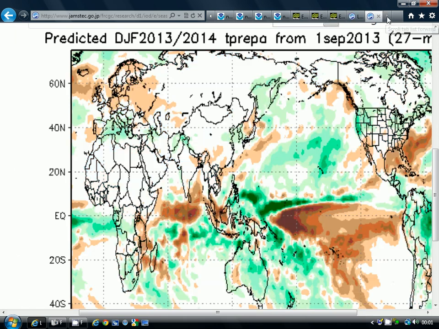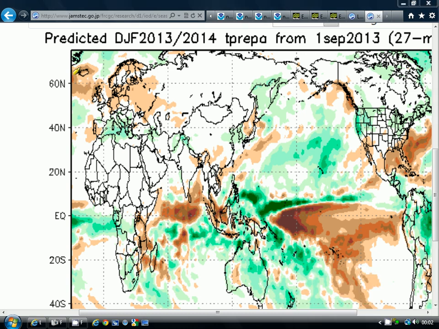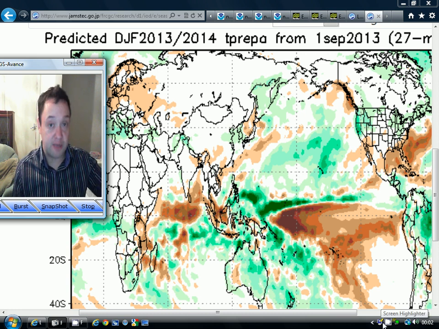What about the precipitation? Well, it's going for a drier than average winter there for the British Isles and for much of Europe as well. We've got high pressure up there, of course, and that's why it's drier than average. We're pushing the jet stream down to the south, so that's why it's drier than average, not bringing low pressure through, because it's a blocked winter setup. So the Jamstec IOD model is certainly going for a colder than average winter.